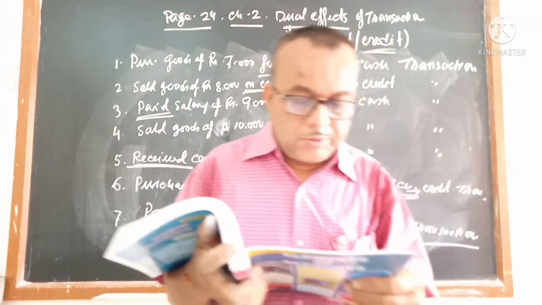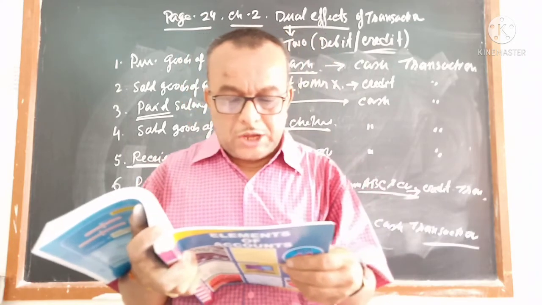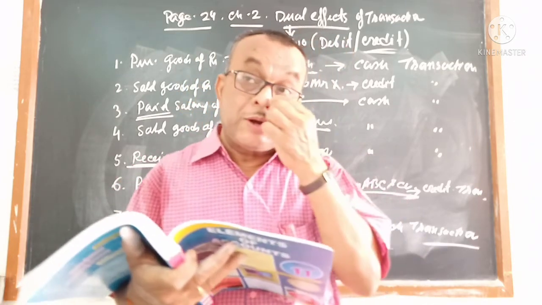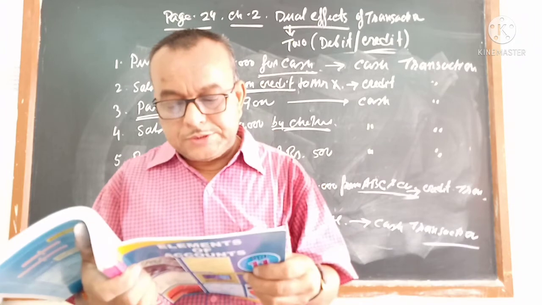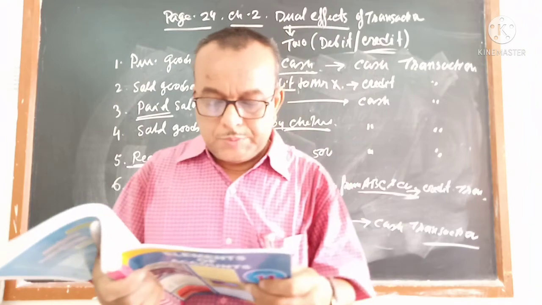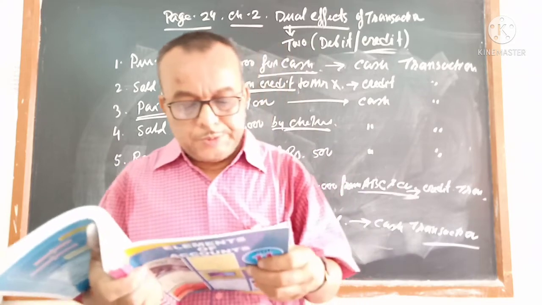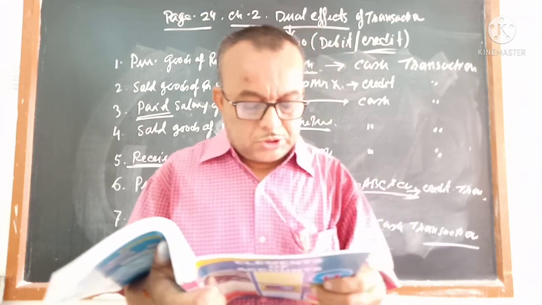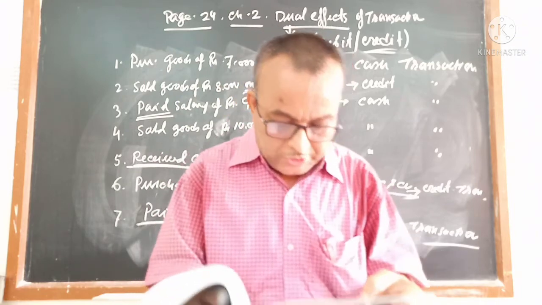Number 8, furniture of rupees 5,000 purchased from Sriji Furniture. It is a credit transaction. 3,000 paid to Saha agency for advertisement, cash transaction. Commission received of rupees 3,200, cash transaction. Goods of rupees 5,000 purchased for cash and payment is made by check, cash transaction. Goods of rupees 6,000 sold and payment is received by check, cash transaction. Rent received by check, cash transaction. Telephone bill of rupees 700 paid by check, cash transaction. A check of rupees 3,000 received from Lakshmi Bank for a old due is also a cash transaction.